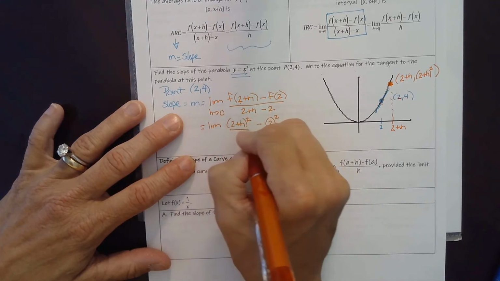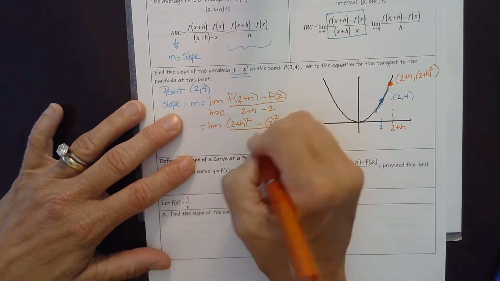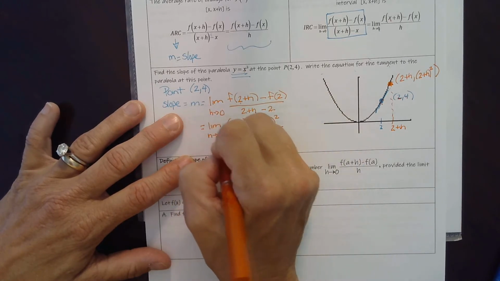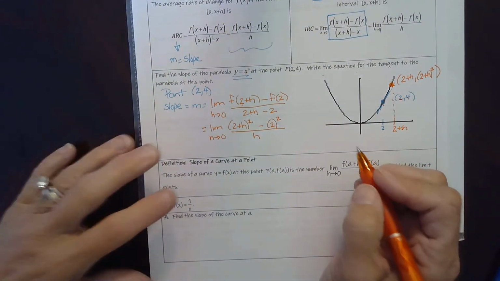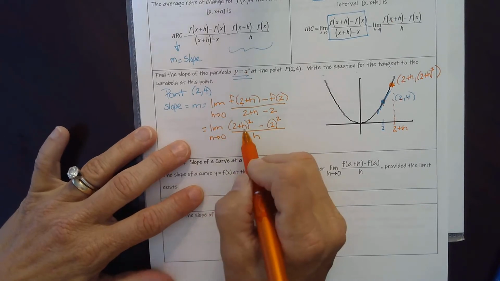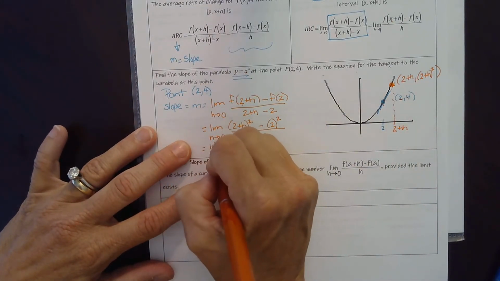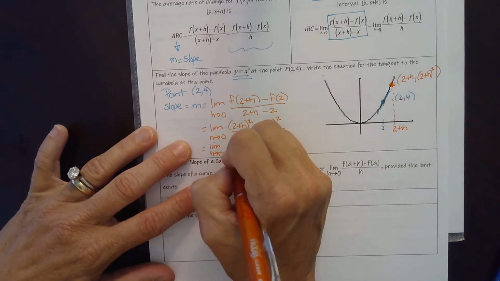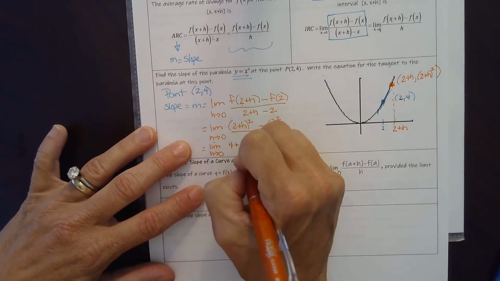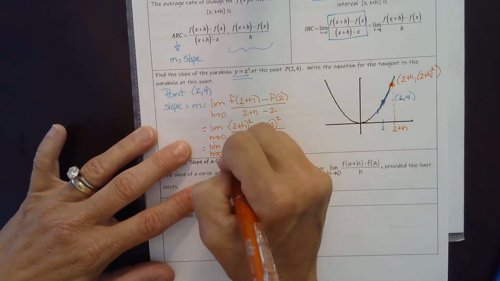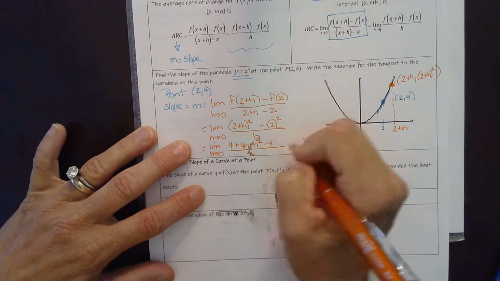And now all of that's going to be divided by h, because the 2's cancel, as h approaches 0. Okay, I'm going to clean this up mathematically. The limit as h approaches 0, this is (4 plus 4h plus h squared minus 4) all over h